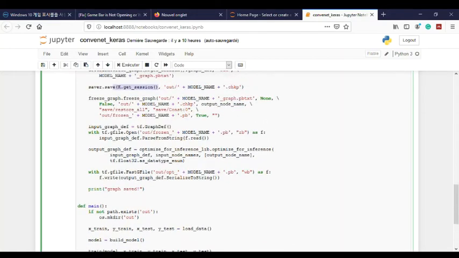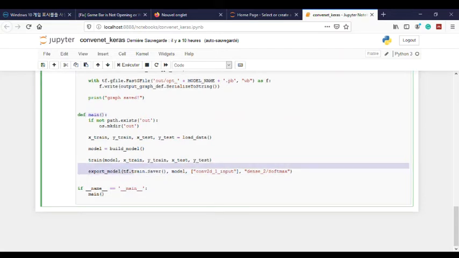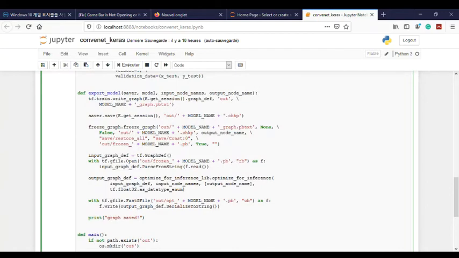Since we have to export this training model, we have to export it in a PBF file so that we can use it later, for example on a server or on Android platform or iOS. And at the end we define the last function, which is the main function, in order to export our model. We export the model and we save it. That's it for the Python